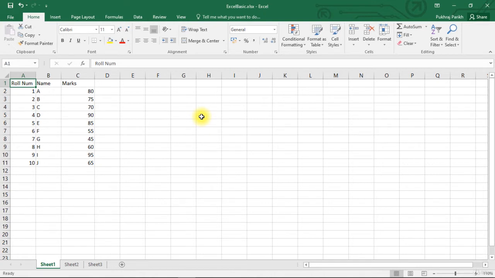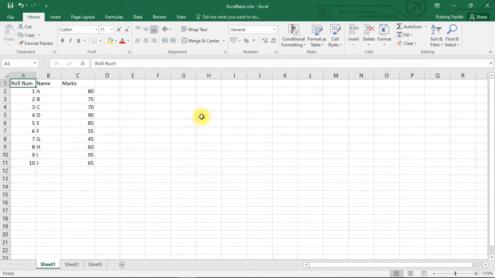Next, we are going to discuss the very important functions of cut, copy and paste. You must have done this in other text programs, but let's see how this happens in Excel. There are two combinations, cut and paste or copy and paste. When we cut and paste data, it is removed from the original position and added at the other place. It is similar to transferring data from one place to another.